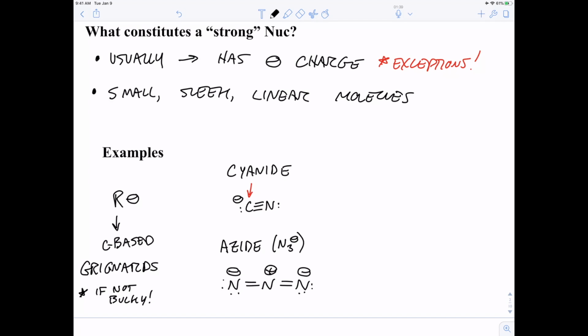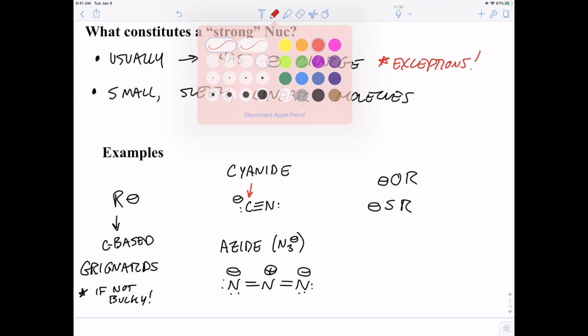But one of those ends of the azide is going to be a very good nucleophile. Again, these two things, cyanide and azide, are both pretty linear, right? Small. They're very effective nucleophiles to get right into their target. Some of the other strong nucleophiles that you'll see are things like the conjugate bases of alcohol, so OR minuses, and again, S minuses, the thiol version. The big kind of exception here